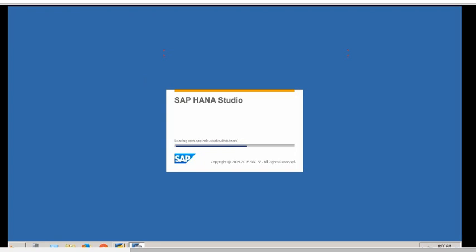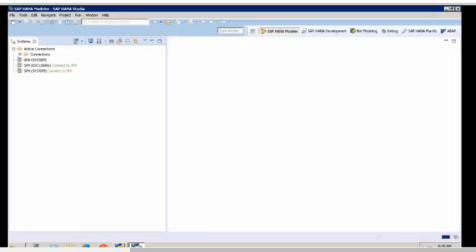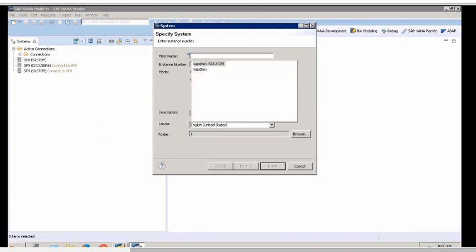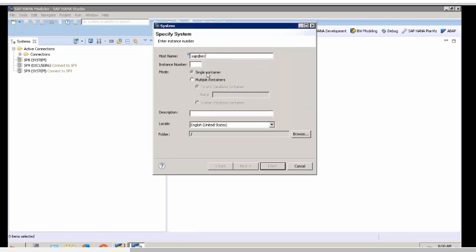It is an Eclipse-based tool. I get into this, and you see a view called Systems. In this, we right click and say Add System, and start giving the server name of your HANA server. Mine is SAP CubeX. And then the instance. You will be given the connection data. Mine is 01, and they will say SAP HANA dev box or something, and say next.